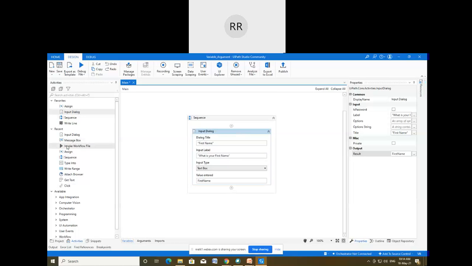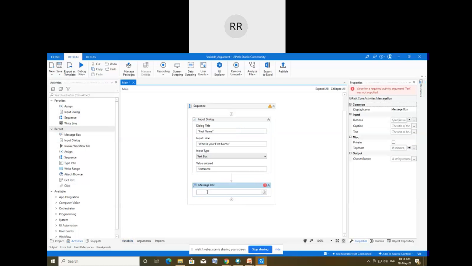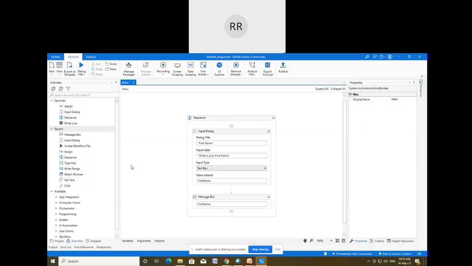And again, I'm going to connect a message box here. What will I write here? I'm going to print the same variable. I'm not going to write anything. I will simply display the name that will be provided by the user.